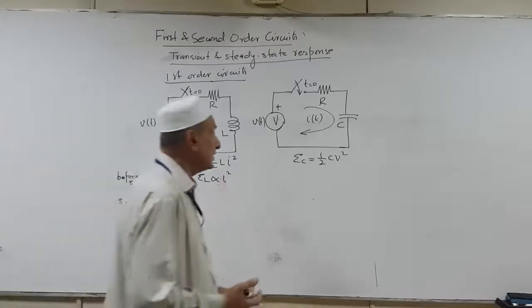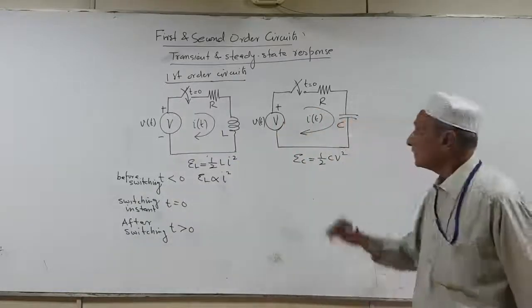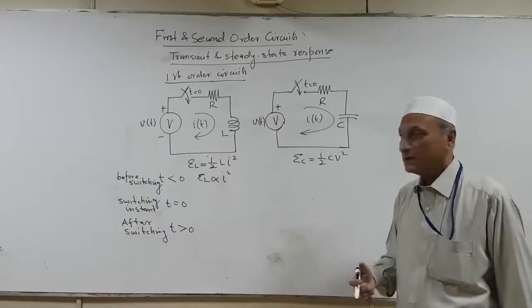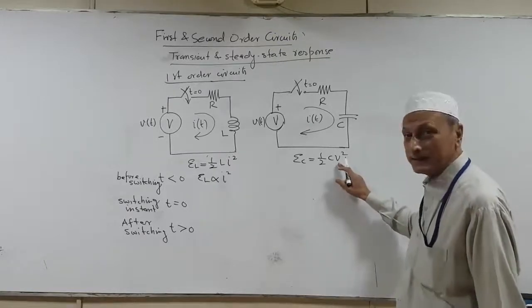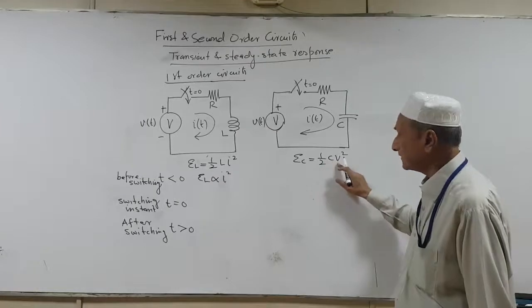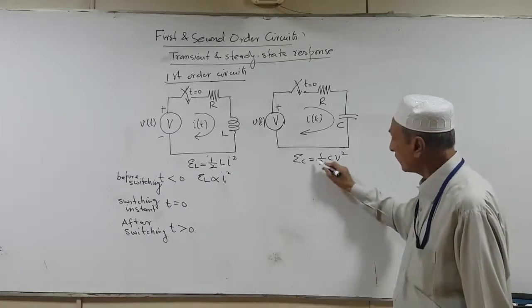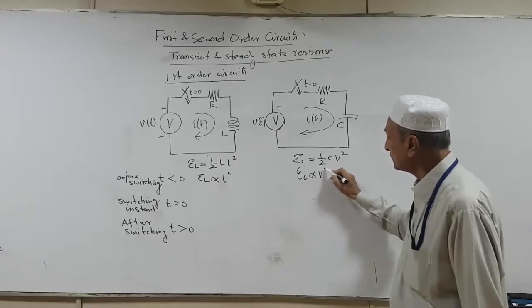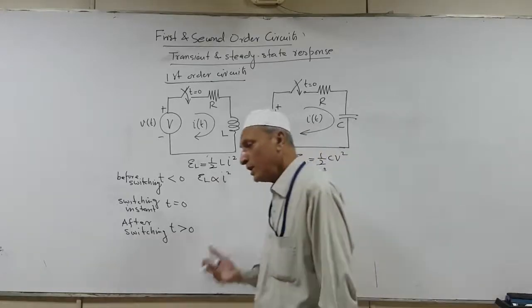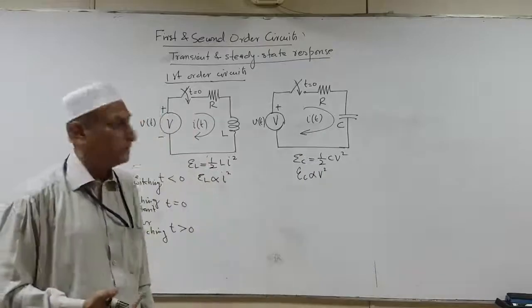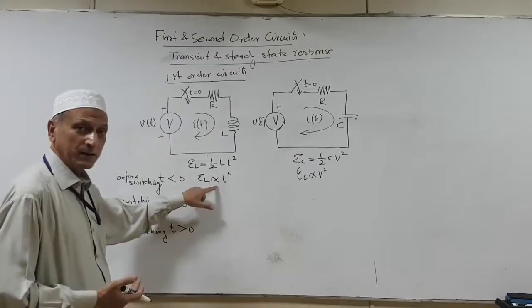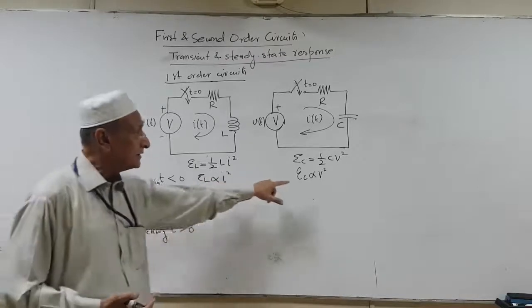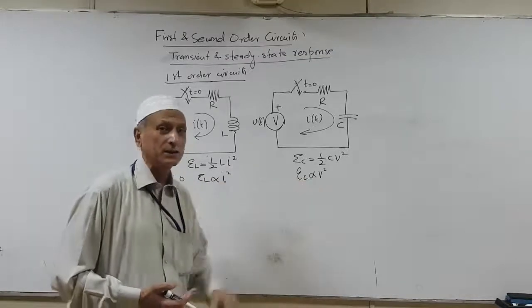On the other hand, we have the capacitor. Now a capacitor is a device which stores electric field energy. The energy content is voltage sensitive since it's given by this expression, 1/2 C v squared. If we consider C as constant, then we have E_C directly proportional to V squared. So one energy storage device is current sensitive, that is, its energy content depends on the current. The other depends upon the voltage.